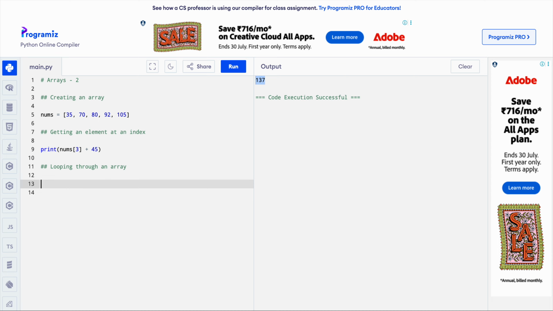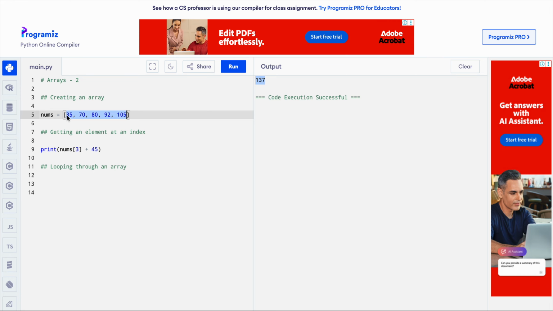If you don't remember this, it's in one of the loops videos in this playlist, so you can go back and refer to that. But basically, if we need to iterate through each of these numbers, we can use the range function in conjunction with what we've learned about how to get an element from a specific index. So the way to do that is we'll make a for loop,